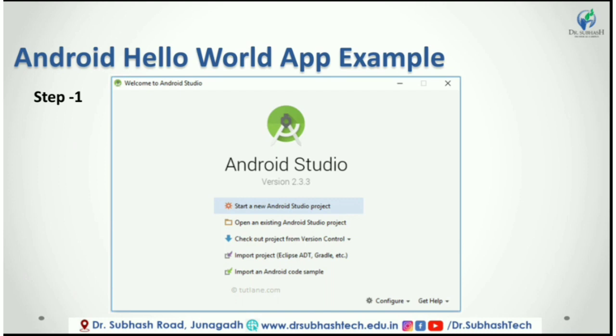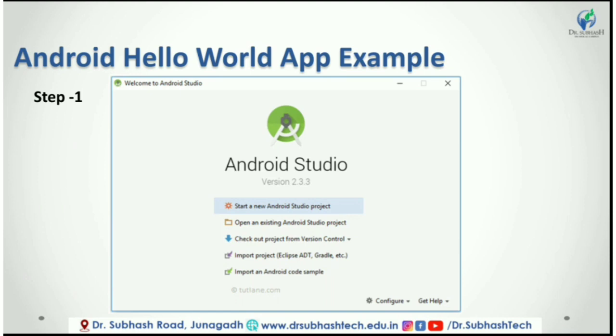Here we are going to choose the new project option because we haven't created any other project and we need to create a new one. However, we can choose import project if we would like to import a project from any other way, for example, an Eclipse project into Android Studio. Android Studio will convert the Eclipse project to an Android Studio project, adding the necessary configuration files for us.